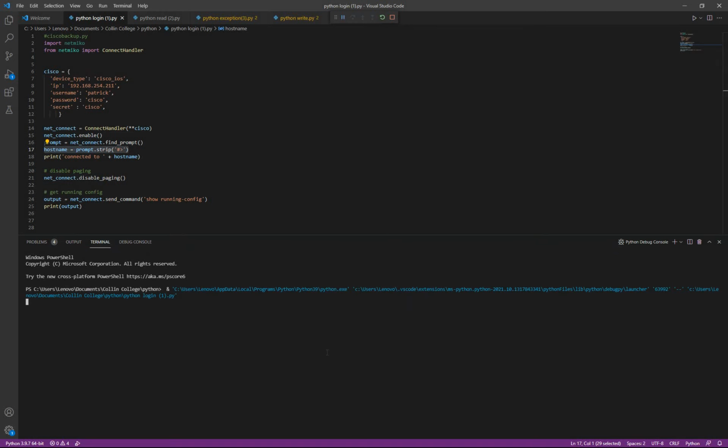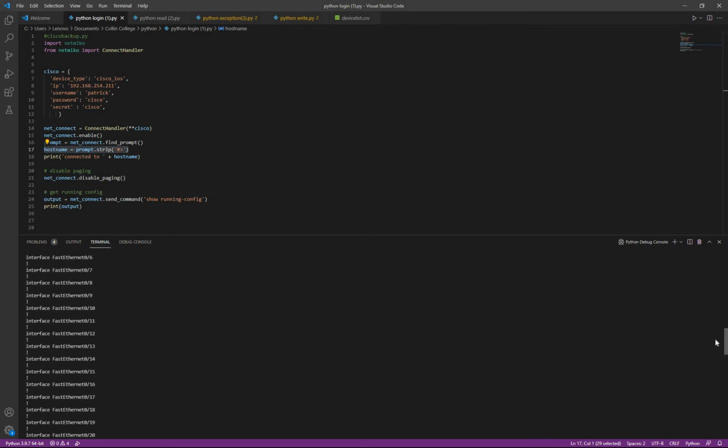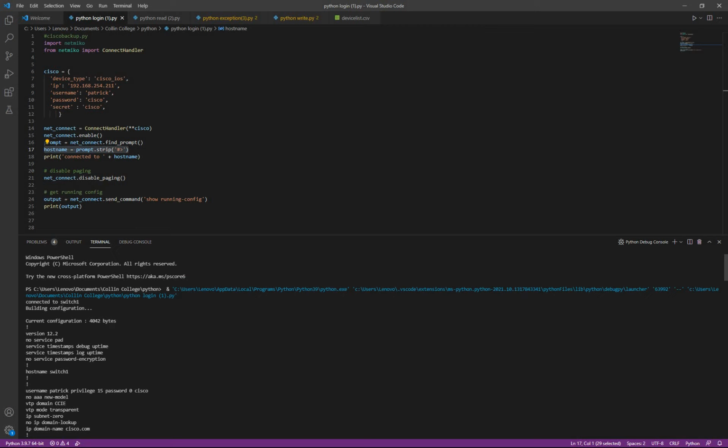And it's logging in, it's running the script, and it's going to attempt to connect to the device switch 1, and just like that, it logged in, it went into privileged exec mode, and it said right away here, I'm connected to switch 1. You can see I stripped the prompt off of it to get the actual true host name, and there's my device switch 1. So now that we've logged into a device,